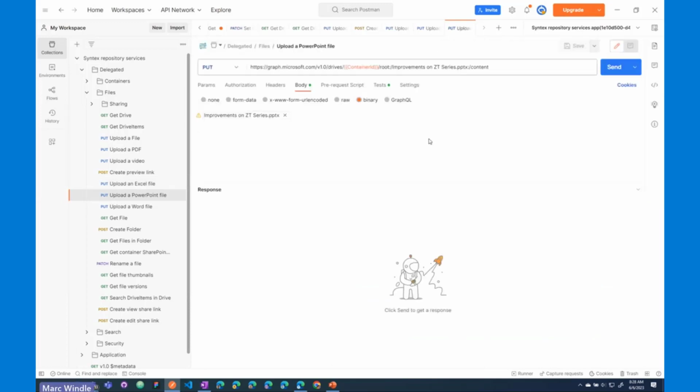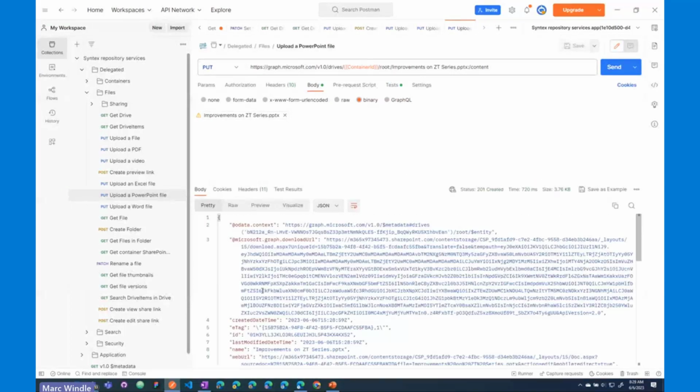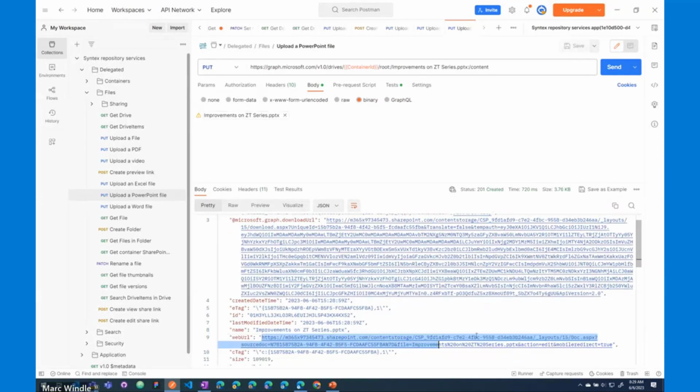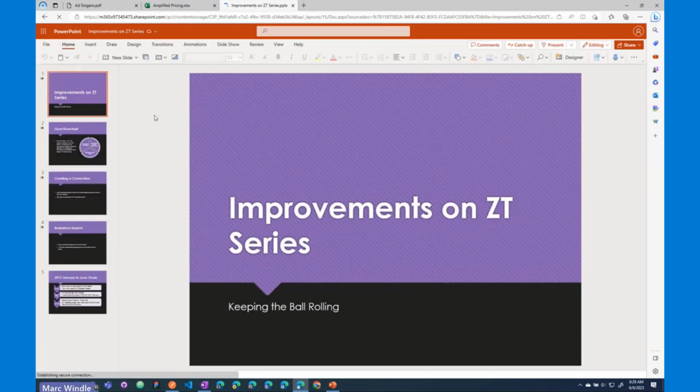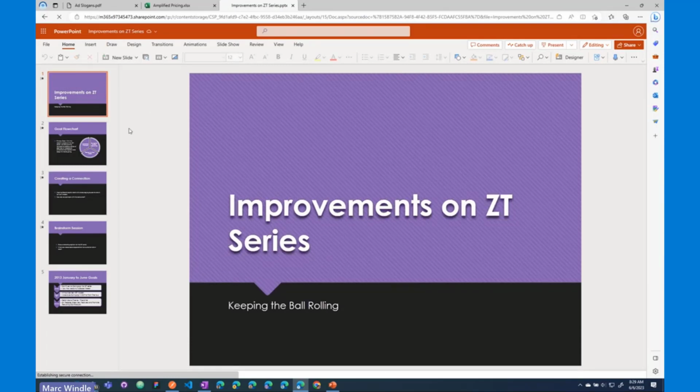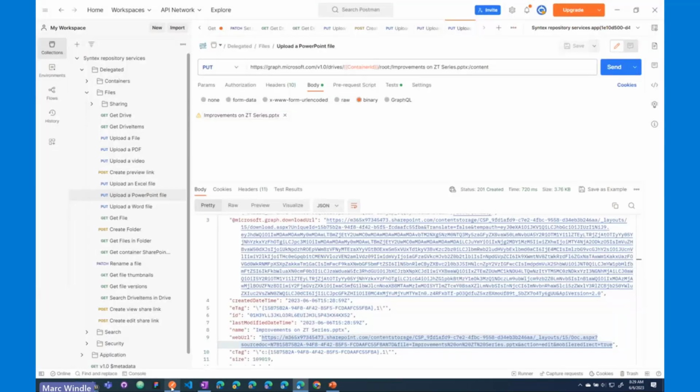Let that tab open up in Postman. I'll upload this PowerPoint document, send that request off, grab the web URL, open up a new browser tab for that, paste it, and we should see a rendering of this PowerPoint file. Again, this is open for view, edit, and co-auth, so we can co-author it as well. I can share it with other folks within this tenancy or even externally, and we can all collaborate on that